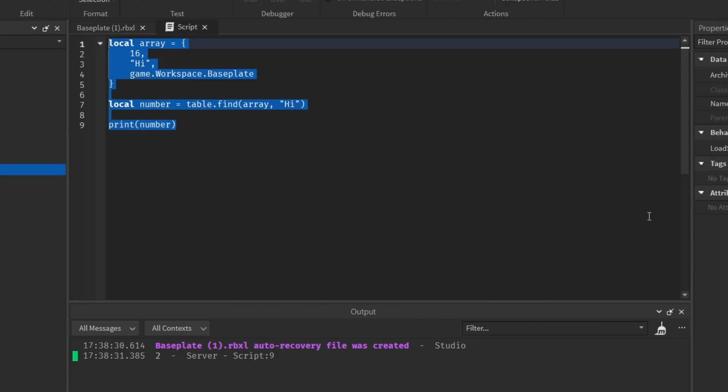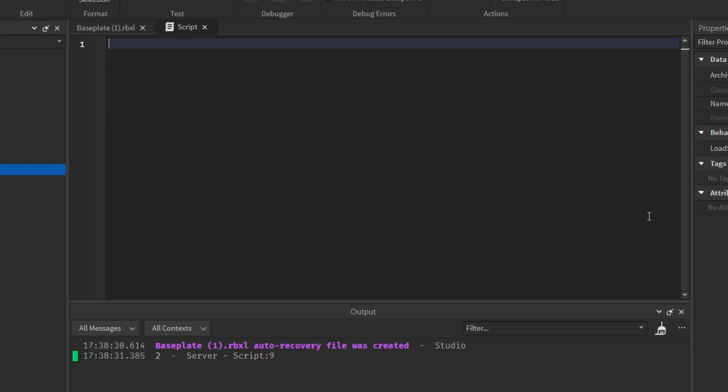Now, some things to go over before we move on. And to recap, if you have an array or a table, you do square brackets, index number, and this is the value of whatever's in that index. If you want to get the number of items within an array, you do hashtag the name of the array, and this will return the number of items within it. I think that's about it, right? Let's move on to dictionaries,